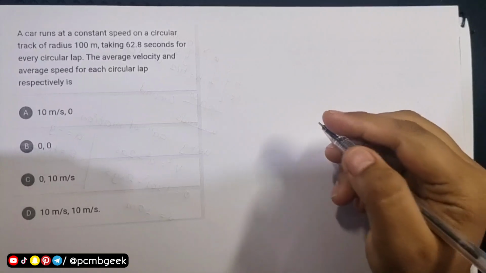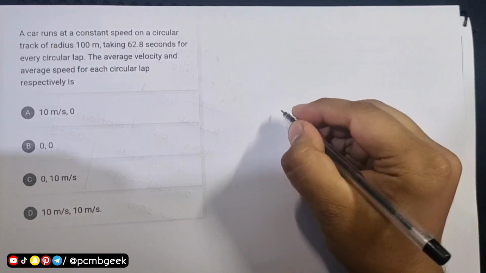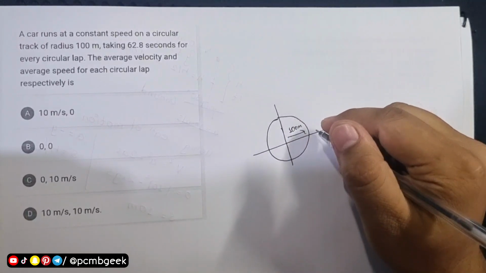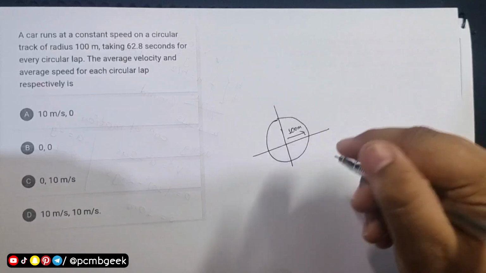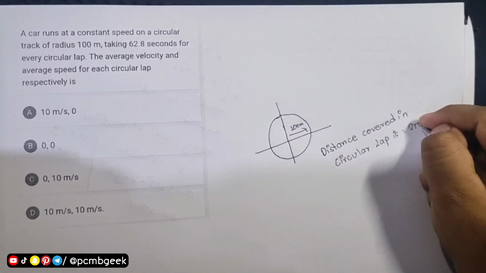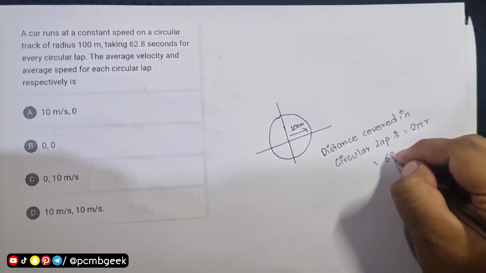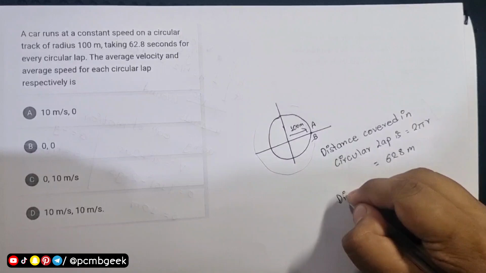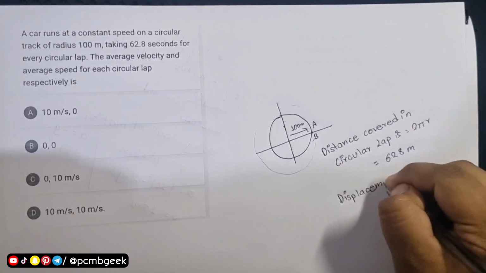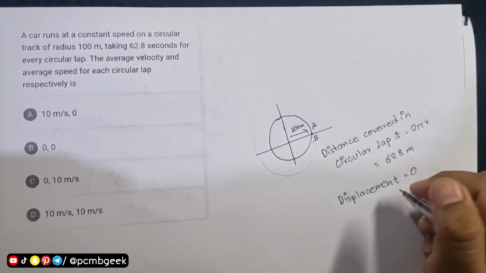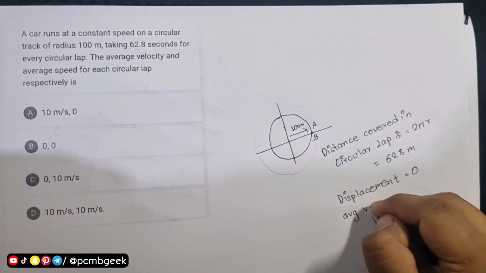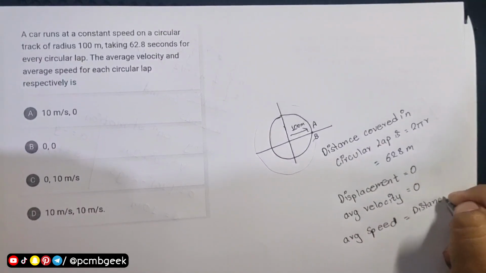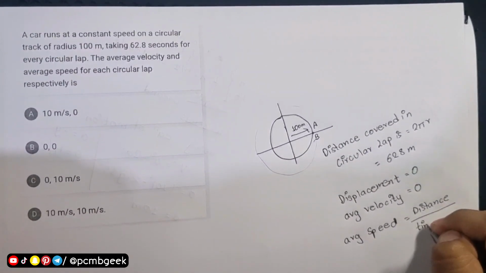A car runs at a constant speed in a circular track of 100 meters. That means r equals 100 meters, taking 62.8 seconds for each circular lap. That means 2 pi r, that is the circumference, gives us 628 meters. In one complete revolution, the net displacement is 0. That means average velocity is 0. Average speed is the rate of change of distance with respect to time required, which